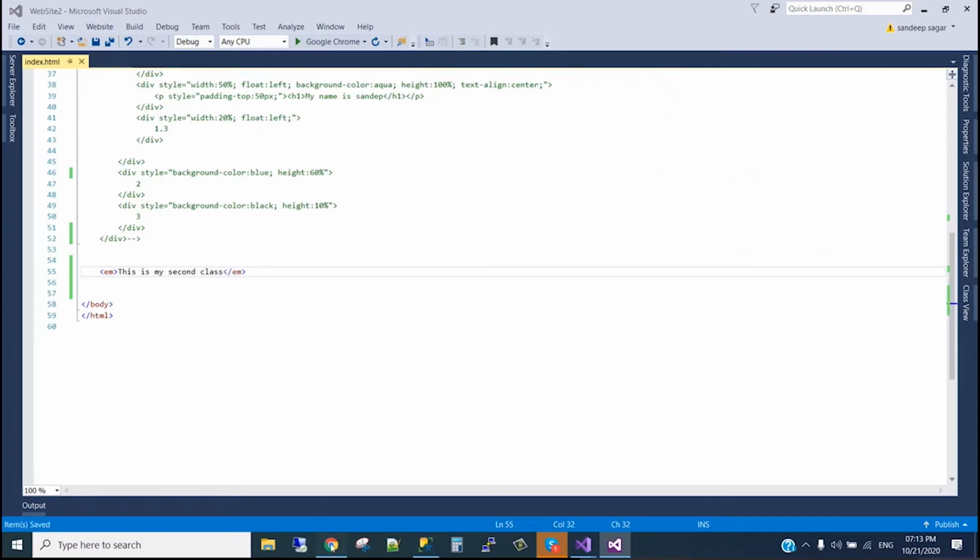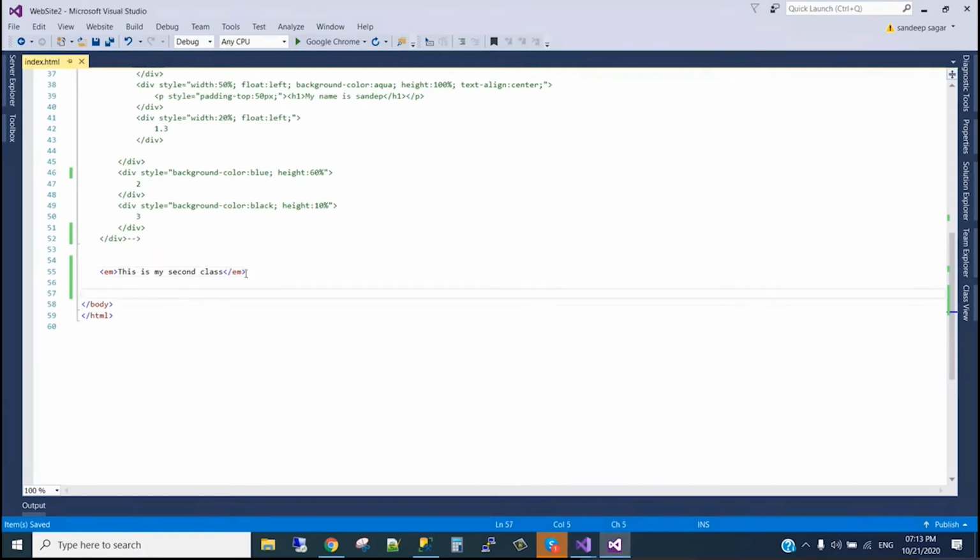If I use the tag em and refresh, I just wrote an em, and it automatically became italic. We can use i, or we can use italic. In most websites nowadays you will see em, not i or any style. So this is also one thing, to use em for italic.